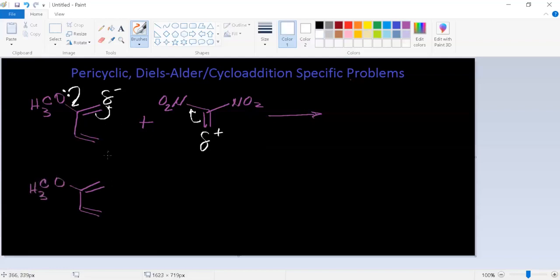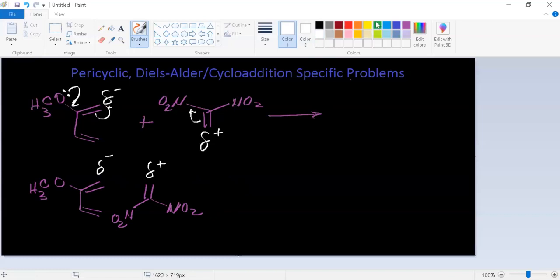And I guess I could show the delta negative right there. I'm going to just flip the dienophile upside down, like this. And I'll draw in the partial positive. And you can see that now when I start matching them together, they're going to come together such that the delta positive is going to interact with the delta negative, which is going to give us our